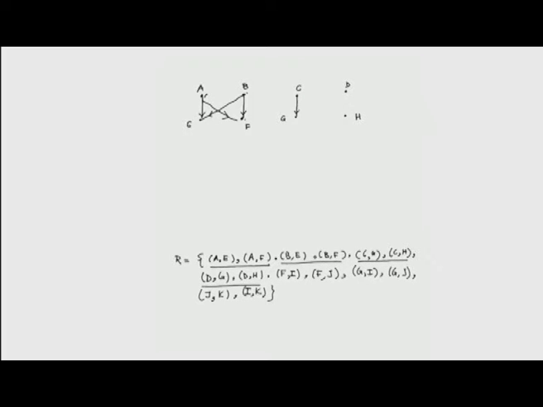So, we join CG and CH, which means that C is a parent of G and C is a parent of H, and then we join DG and DH, and that exhausts the relations up to this. Now, then next we have FI and FJ